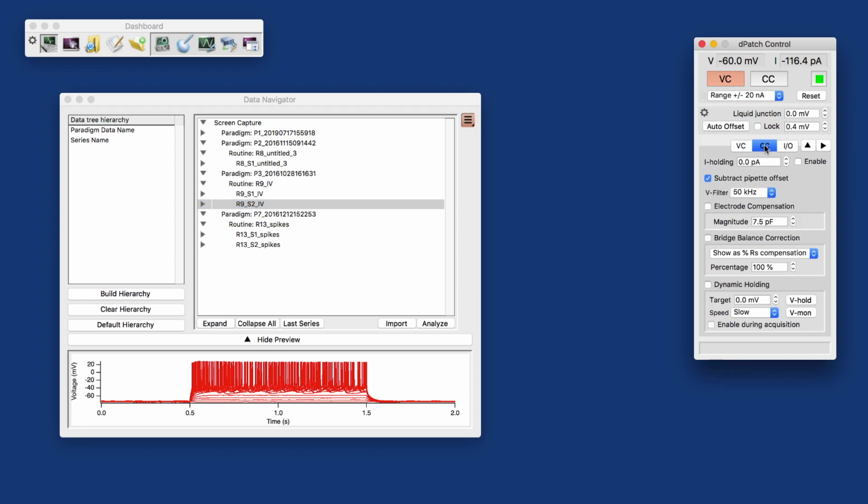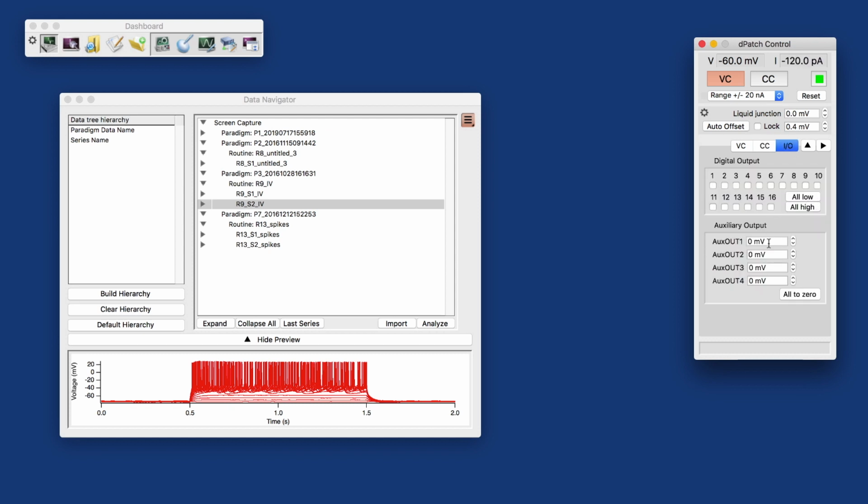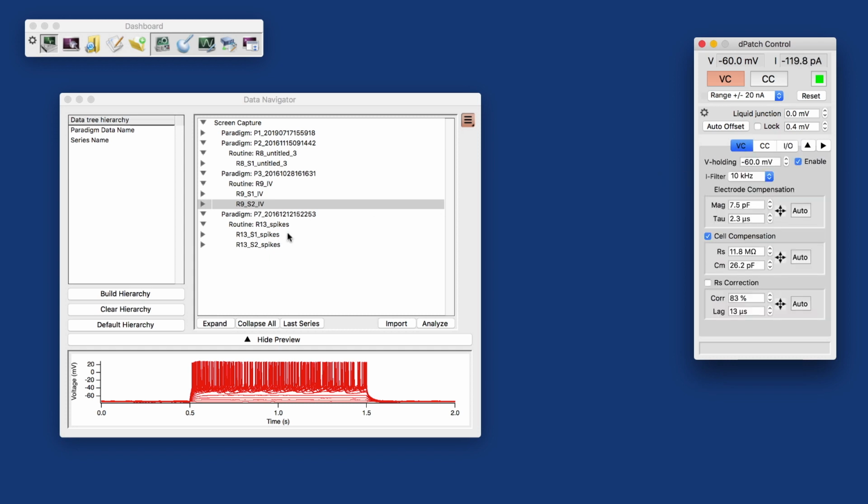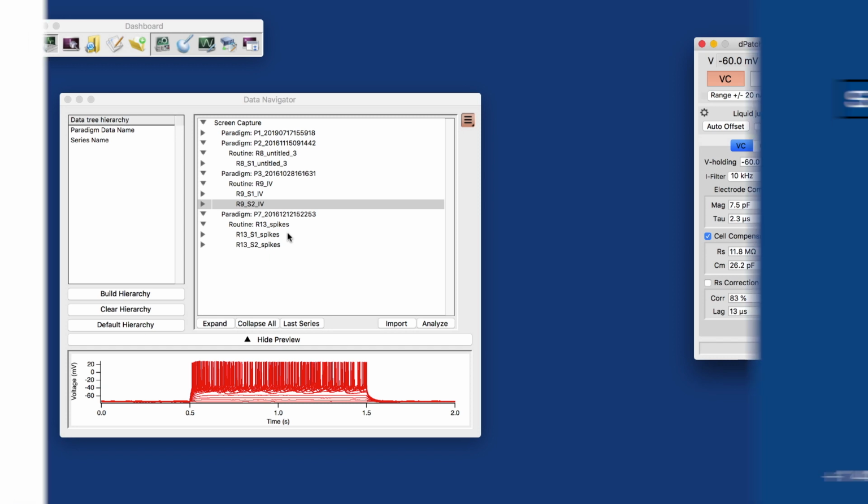We have not looked at the current clamp portion of the amplifiers, and this is somewhat different between the IPA and the D-patch systems, and the I/O, which lets you control periphery either through analog or digital outputs. This is in essence setting the holding levels, but you can also define waveforms as part of a routine waveform. But that will be shown in a separate tutorial.